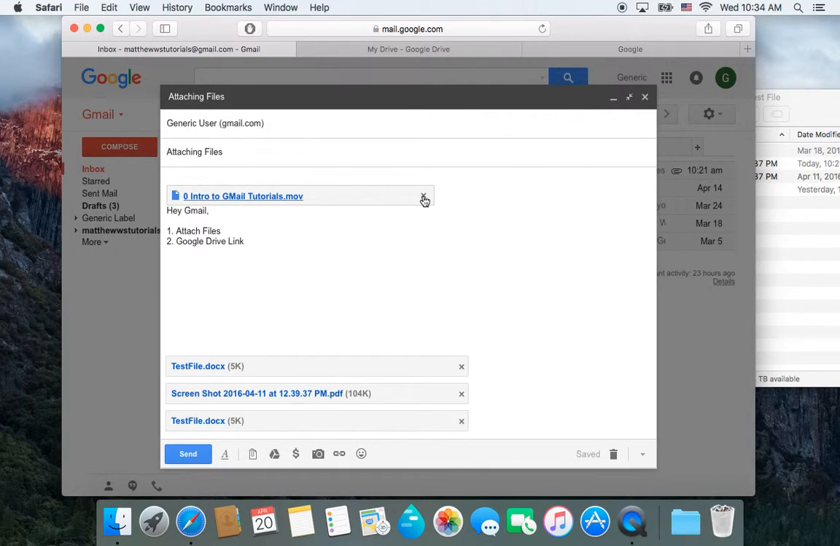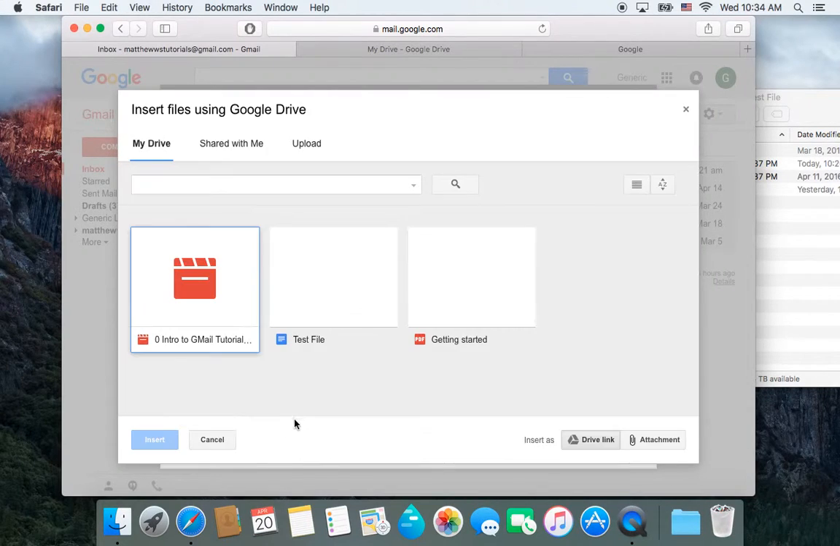But once it's in Google Drive, you can just close it right there, put the cursor where you want it to be, and then go down here, not to the Attach button, but to the Insert Files Using Drive button, Google Drive. So you click on that, you find the file, this one, you choose whether it's an attachment or